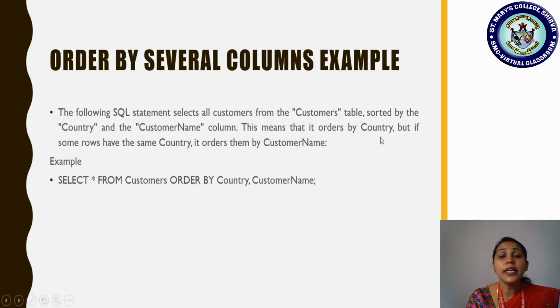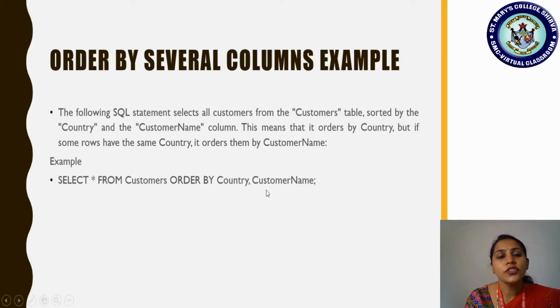So normally it is going to apply the sorting for which attribute? Country. But in the country column, if some rows have the same country, for example, Mexico is found twice. The country name Mexico is found twice. So for one Mexico row, if it has been considered in the country, for another Mexico value, it is going to choose that row for which sorting? For the customer name sorting. Okay, so for all the tuple values for that particular column value, that is for the duplicate value of Mexico, based on customer name it will be sorted.